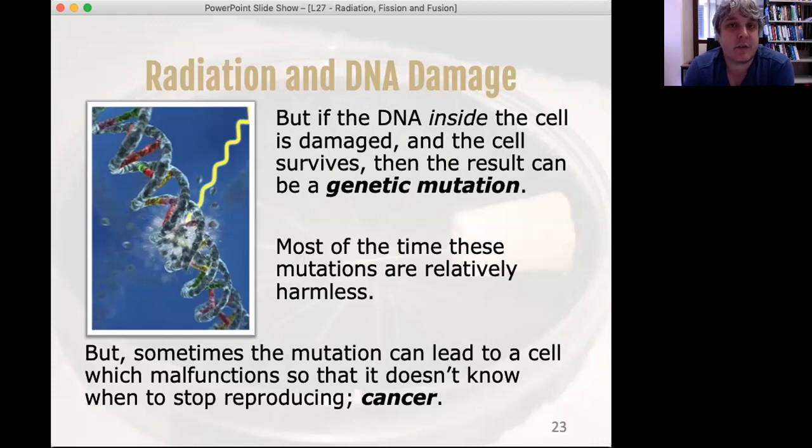Possibly, there's still research and discussion around how much exactly is useful and how much we use, but possibly up to another 20 or 30% on occasional use DNA. But it still leaves the bulk of our DNA being essentially junk. It's not used in the instructions for building us. So if a mutation occurs in that junk DNA, not really a problem. If it occurs in the DNA that we use all the time, that can be a problem. And sometimes that change can just cause the cell to die, the same as if it was killed initially by the energy. And again, not a big problem, but sometimes that genetic mutation can occur